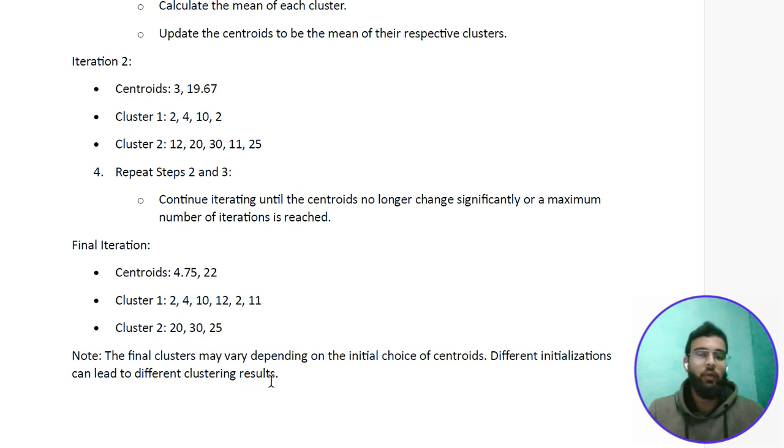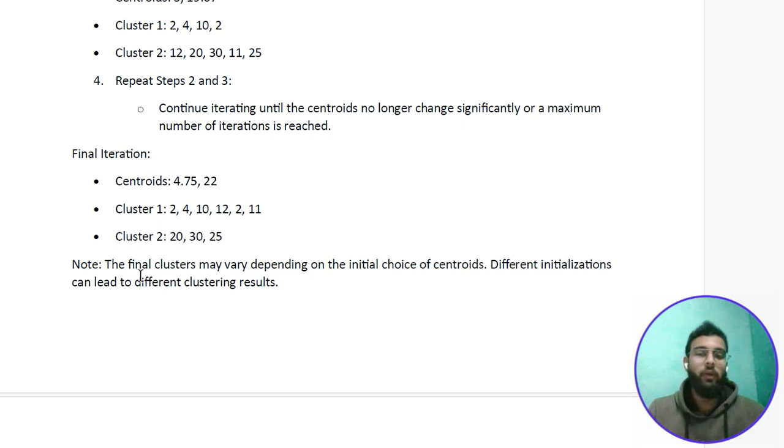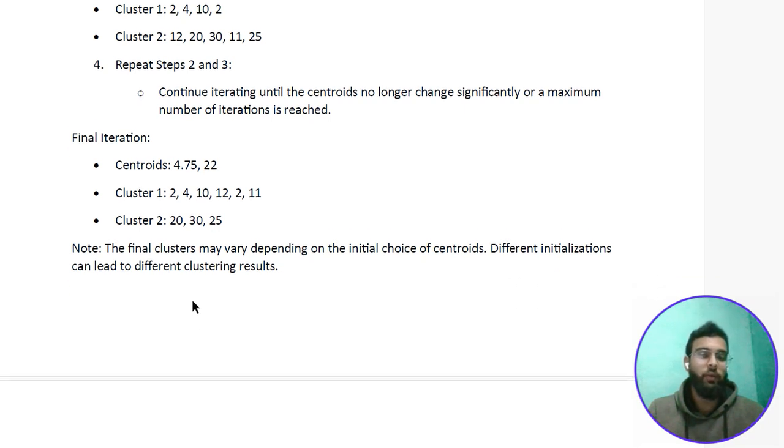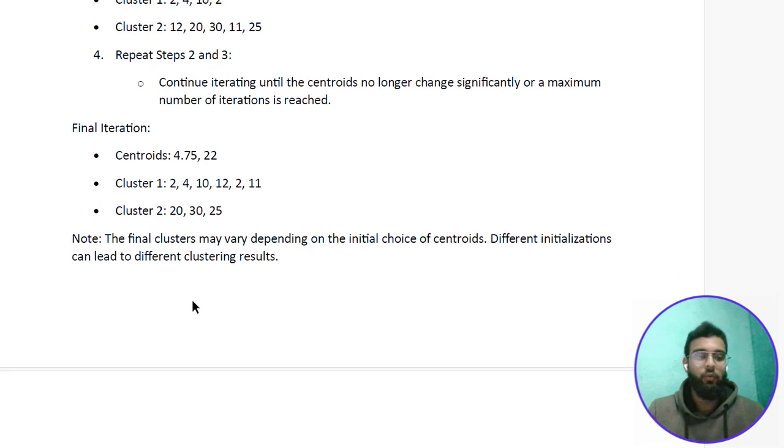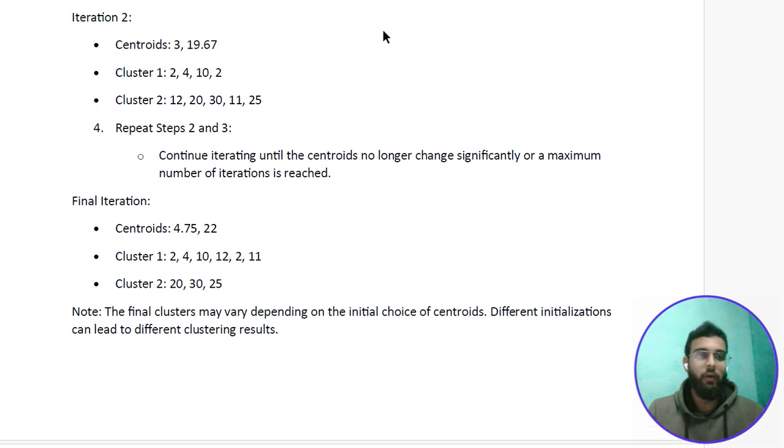30 and 25. So notice that the final clusters may vary depending on the initial choice of centroids. Different initializations can lead to different clustering results. So if we choose different centroids, then our result can vary. So for the centroids which I have chosen, the answer is